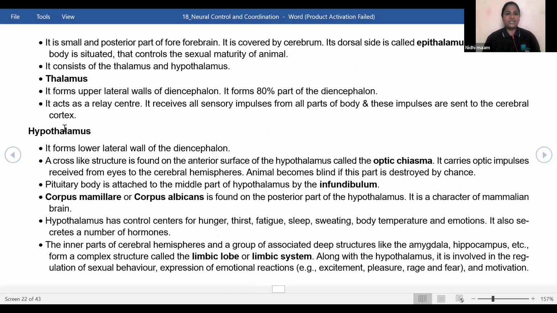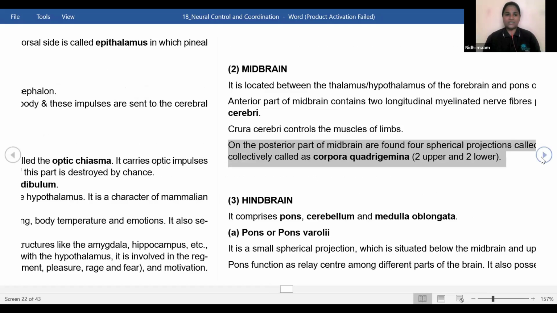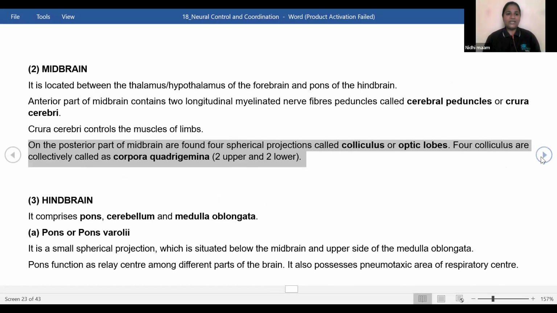So when we come to the thalamus, the thalamus acts as a relay center. When we come to the cerebrum, it is the main part which controls the involuntary action. Then the hypothalamus, when we come, see, it has control of hunger, thirst, fatigue, sleep, sweating, body temperature, and emotions. Hypothalamus. Okay. Then when we come to the midbrain, it is located between the hypothalamus of the forebrain and the pons of the